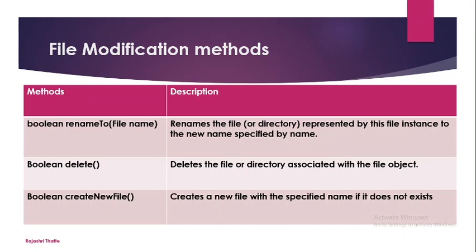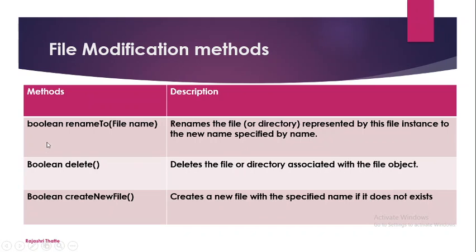Now file modification methods. On files we can perform some modification. Here, modifications does not mean updating the information; that comes under writing the file. By modifications here I mean either creating a new file under a directory, which modifies the directory, changing the name of your file or directory, or deleting a file, so that the directory structure gets updated. So rename, delete and creating a new file can be considered modification methods.